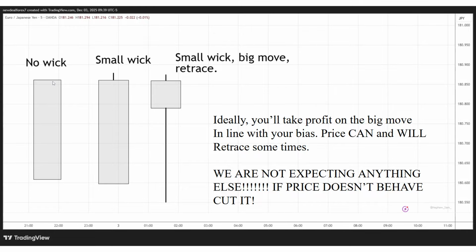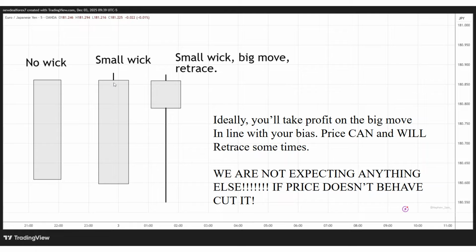When you start trading, first off, you'll either see no wick. You'll see the price open at, say, 9 a.m. and just do a straight drop. Done, like nothing. You could have entered right at the candle open price and been straight in profit. That can happen. The most common when you're right is going to be a small wick